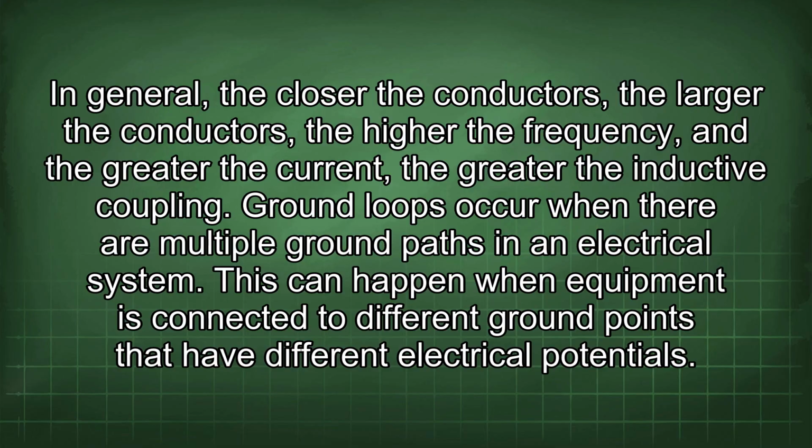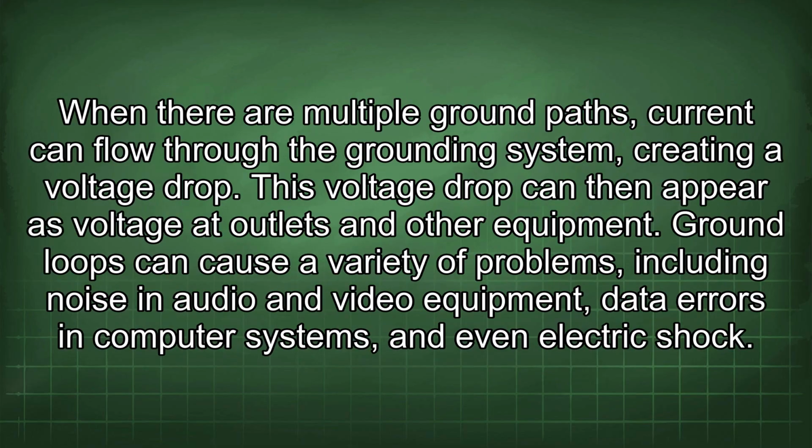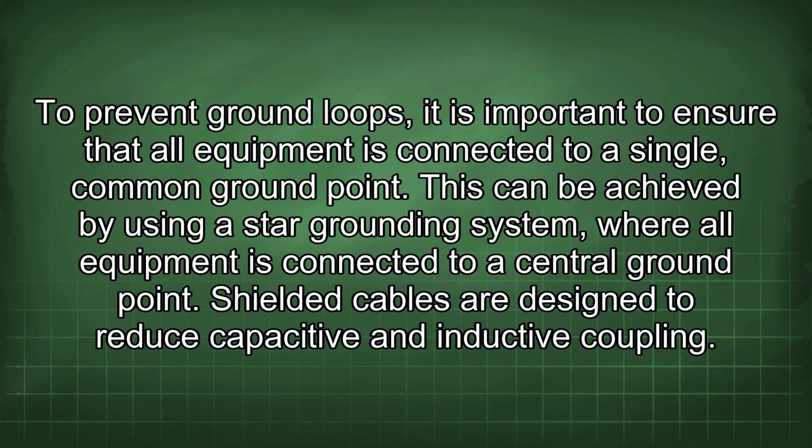Ground loops occur when there are multiple ground paths in an electrical system. This can happen when equipment is connected to different ground points that have different electrical potentials. When there are multiple ground paths, current can flow through the grounding system, creating a voltage drop. This voltage drop can then appear as voltage at outlets and other equipment. Ground loops can cause a variety of problems, including noise in audio and video equipment, data errors in computer systems, and even electric shock. To prevent ground loops, it is important to ensure that all equipment is connected to a single, common ground point. This can be achieved by using a star grounding system, where all equipment is connected to